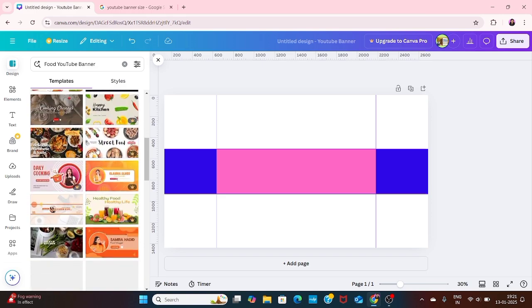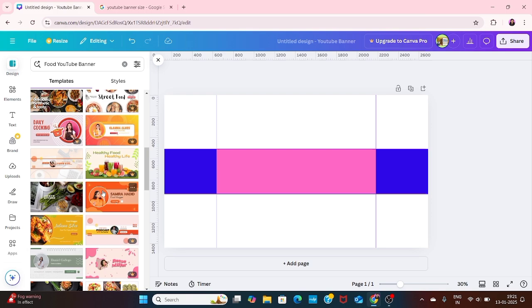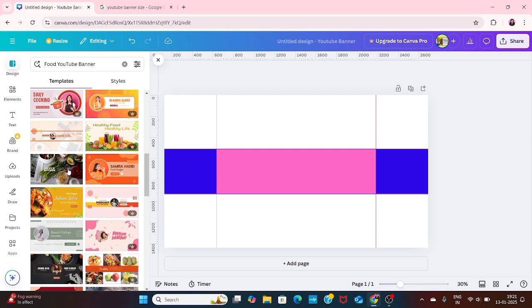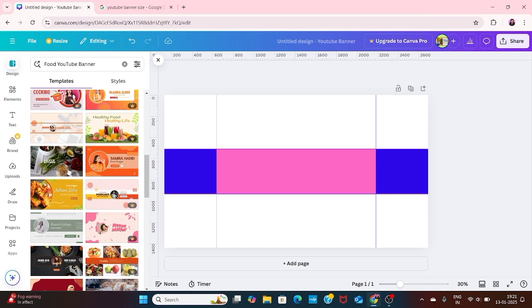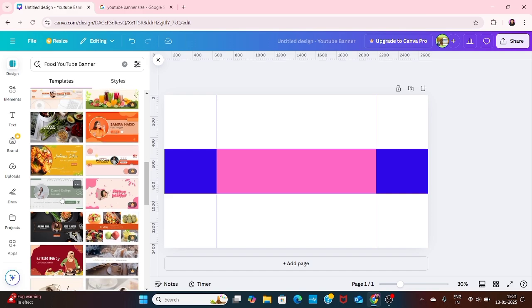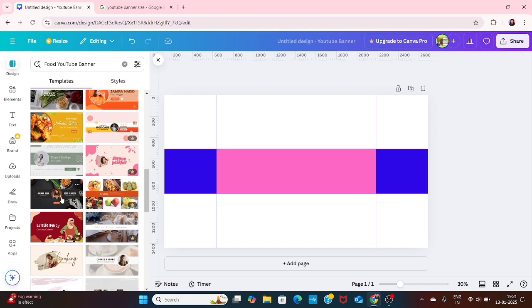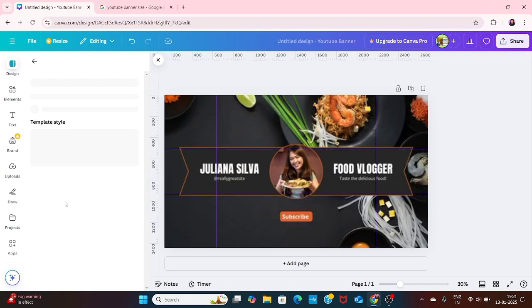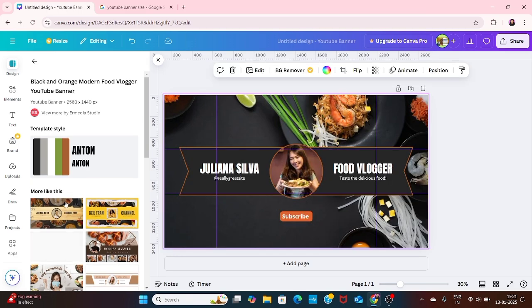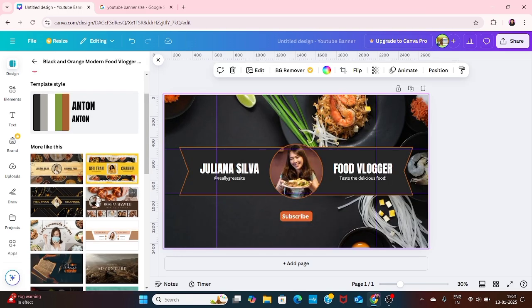Now we will choose any template that we like related to food designing. For a restaurant, we are designing this banner, so we will select a particular banner. I am just using normal Canva, it's not upgraded to the premium version. So I will choose the normal template which is available like this. I like this banner, but I will modify it according to my project. Okay,